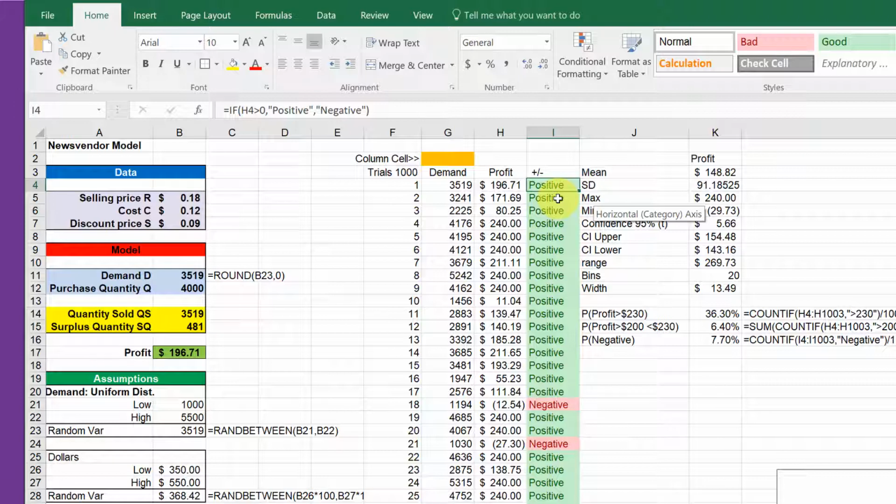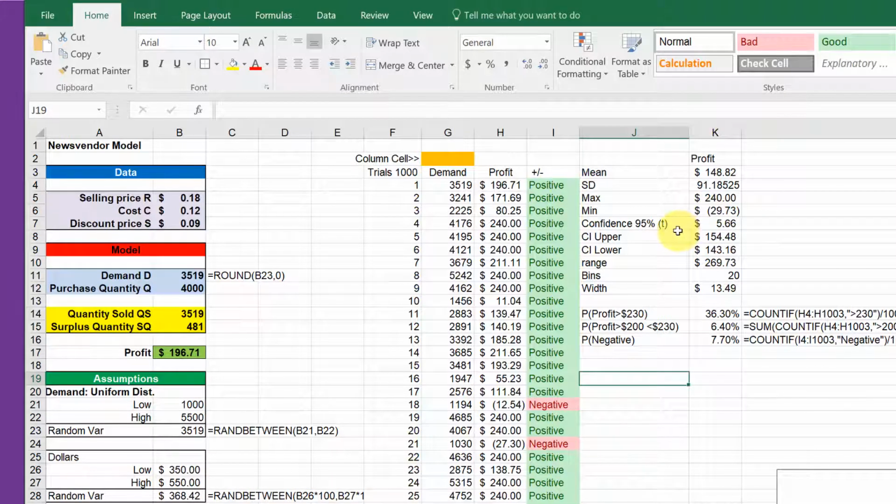But how do we use this to make some decisions? And that's the whole point. You can generate a bunch of statistics using the descriptive statistics tool in the data analysis if you want, or just plugging in some individual values here. I've got the mean and standard deviation of the profit, the max and the min,